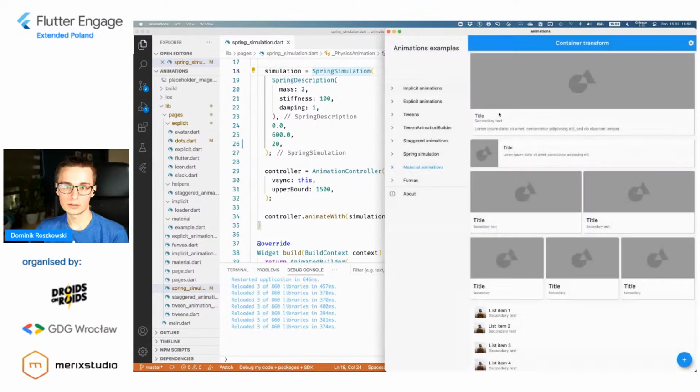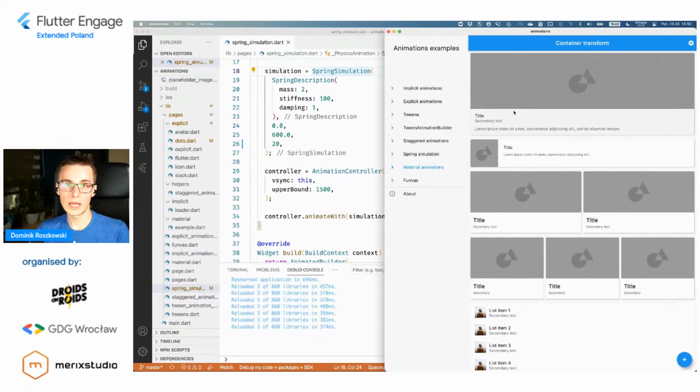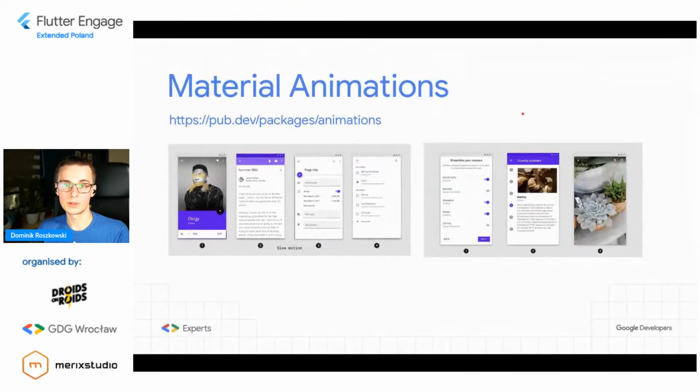But this is very easy to implement. There is a bunch of built-in widgets, and I often use them, especially in my hobby applications or side projects, because customers usually have some kind of own behavior that they want to have. But in my side projects, I often use this kind of transition because it makes the behavior, the UX, much more pleasant to look at.